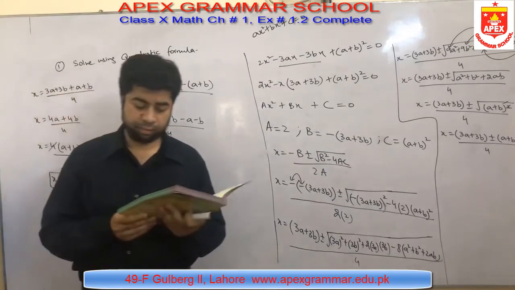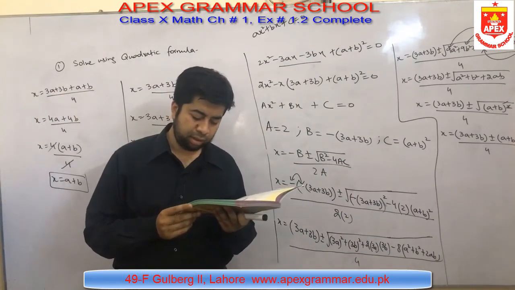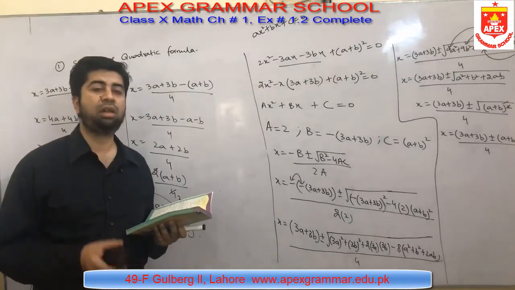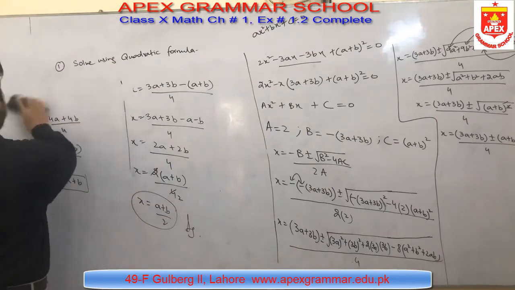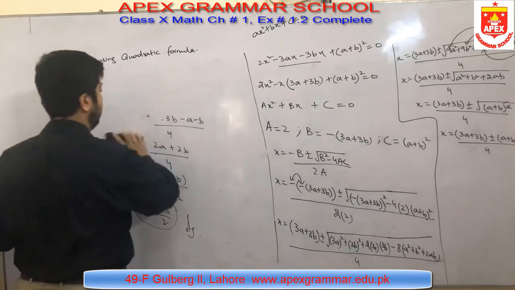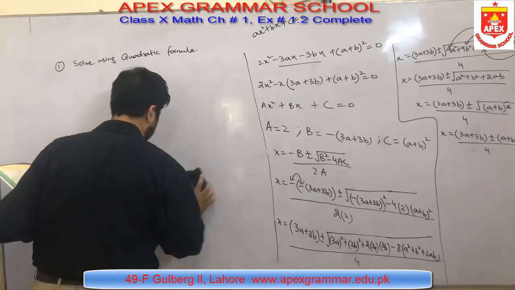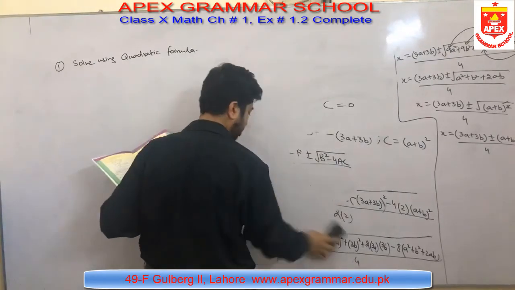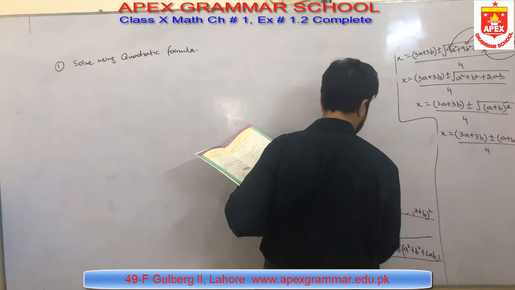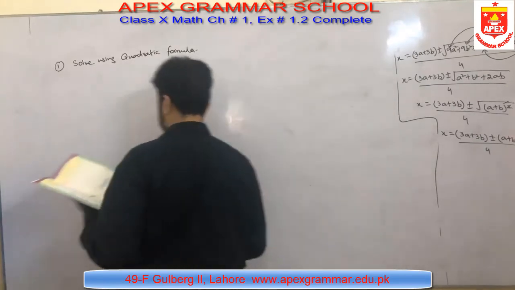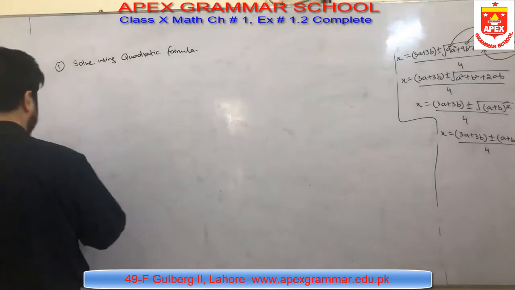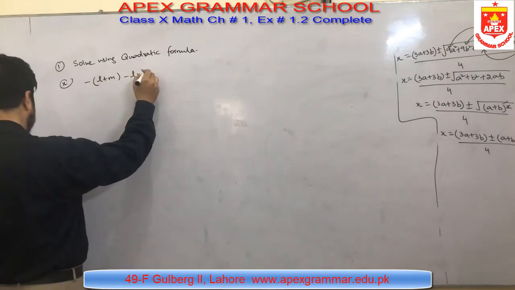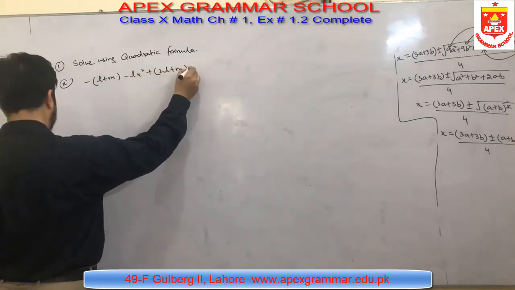So after that, there is another question, part 10. I'm just telling you about the same methodology, but slightly something is different. Just arrange it very well and you can solve it on your own. Part 10 is minus (l plus m) l x square plus (2l plus m) x is equal to 0.